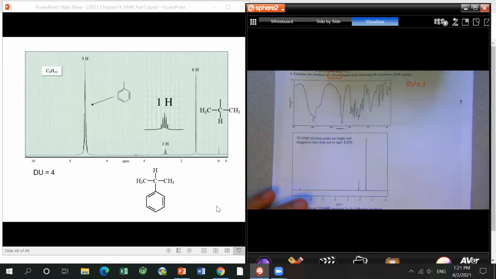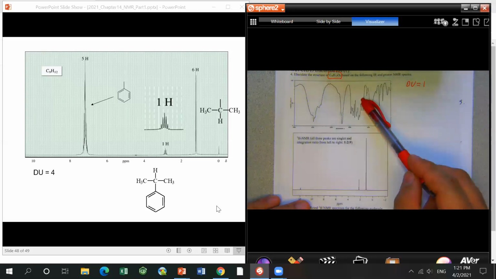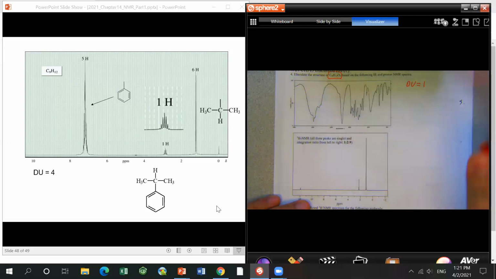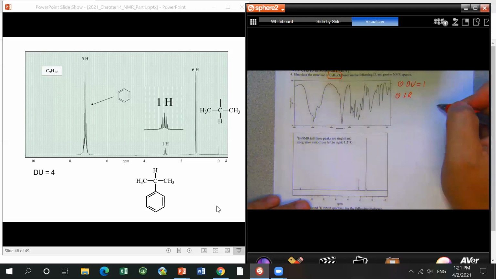In the next step we try to generate fragments. If the IR is provided for you, you need to look at the IR. So that's step 1, step 2, and try to figure out what kind of functional group it is. If the IR is provided, like I said, the first thing you look at